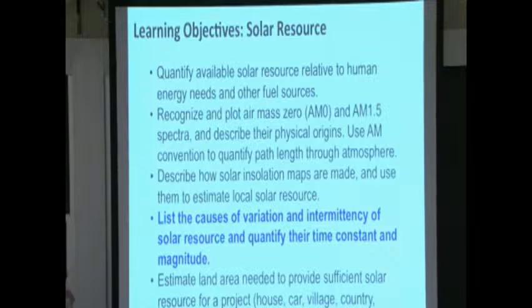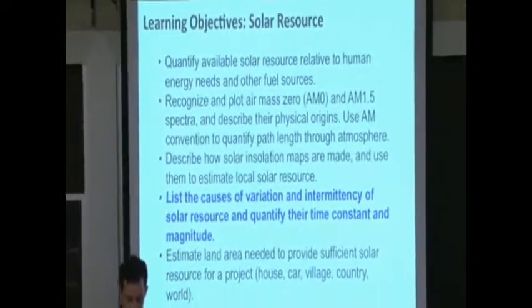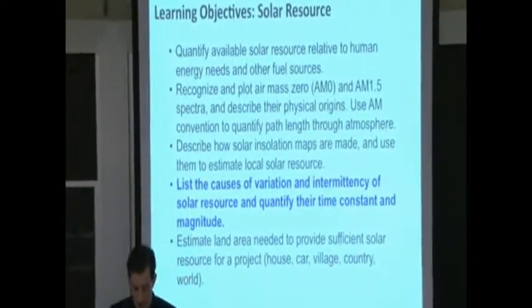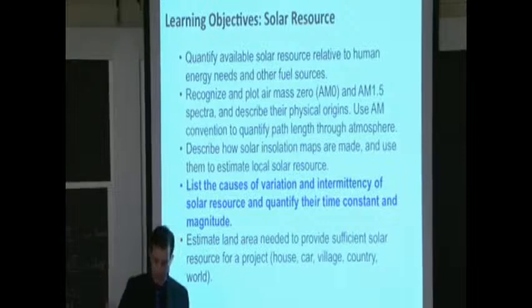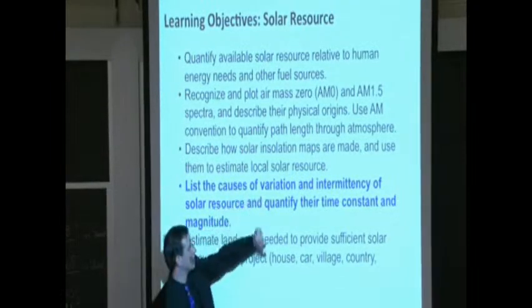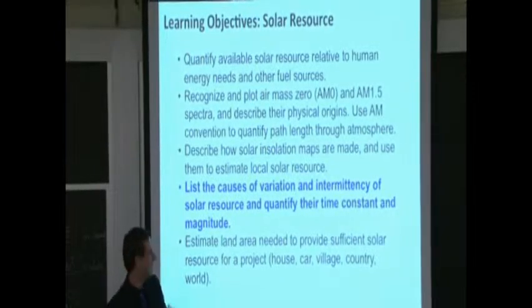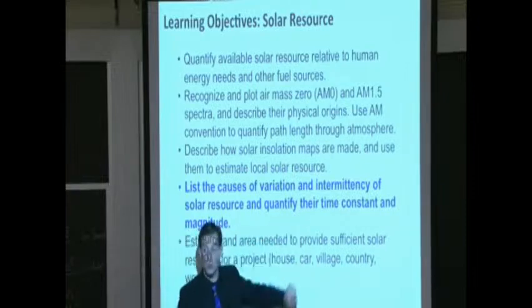So we've talked a little bit about the variation so far, and about the predictable nature of the sun. We've talked about how the sunlight, the solar resource, varies from summer to winter. We've talked about how the solar resource varies as a function of latitude, right? But now we're going to talk in a little more depth about that and have a few fun in-class exercises to get us really grasping that concept in its entirety, but also talk about some sources of